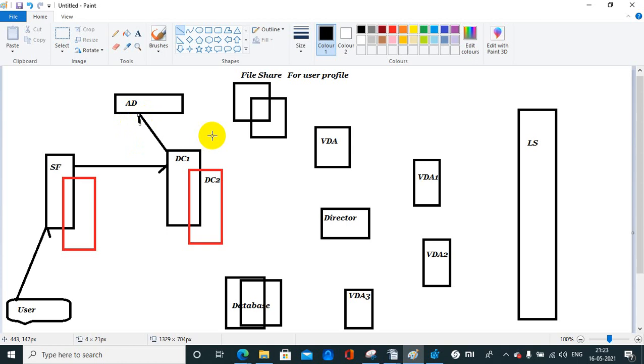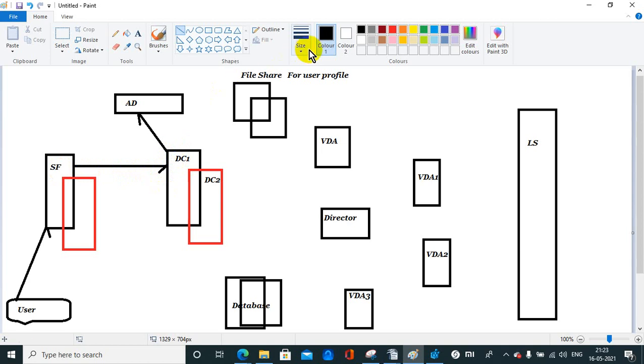He is finding, yes, the user is in the list. Then he will send the detail that the user is in the list, as well as that the user has access on this page, to the delivery controller, and the delivery controller will send this detail back to the StoreFront.